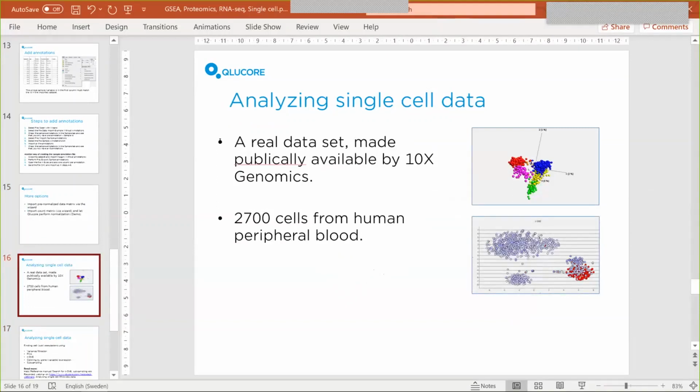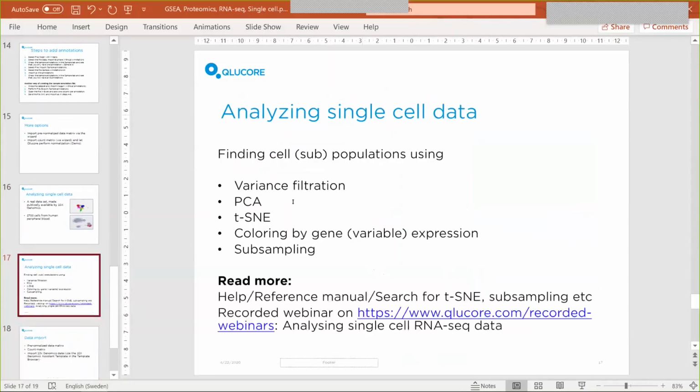Now we will talk a little bit about analyzing single cell data. So here we will use a real data set made publicly available by 10x Genomics. It contains 2,700 cells from human peripheral blood. And what we are going to have a look at here is finding cell subpopulations. And to do that, we will use variance filtration, taking away some of the noise in the data set. We will visualize using PCA and t-SNE, and we will also color by gene or variable expression to help us find